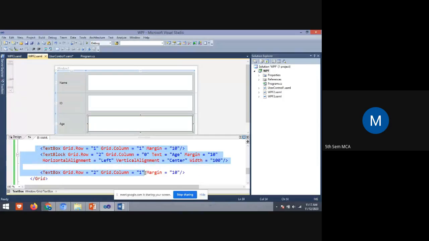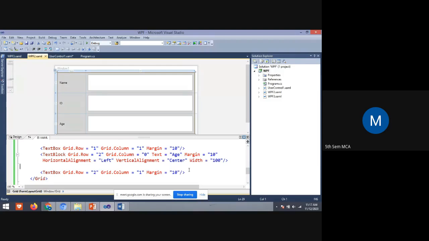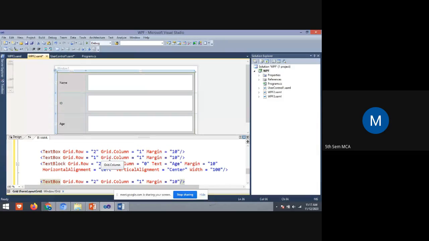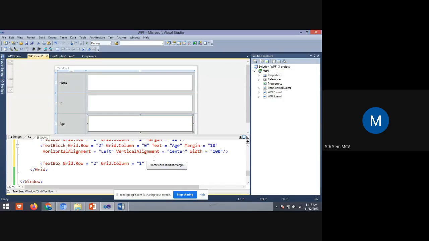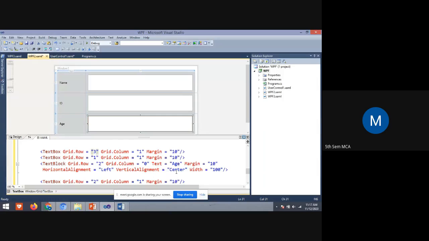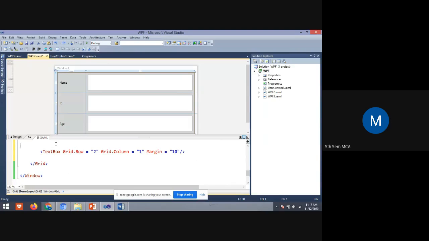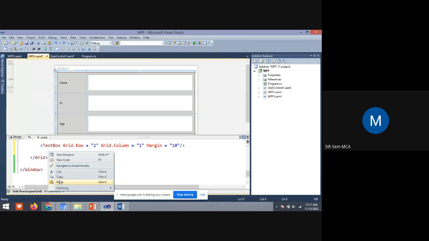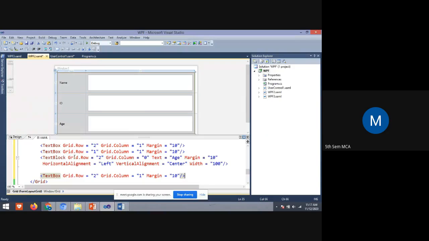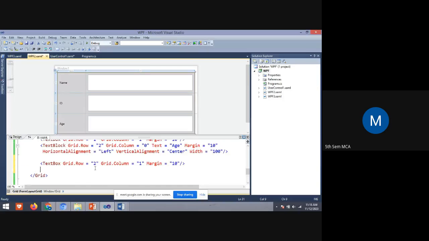Now what I do, I'll create the text block first.